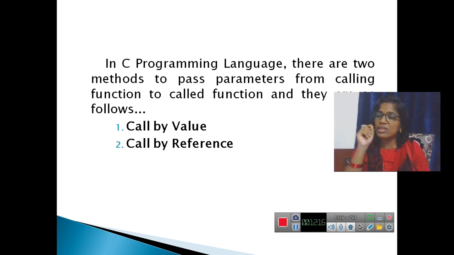Remember, in some books, in some places, these are also called pass by value and pass by reference. Don't get confused with these two words. These are also called parameter passing methods. The methods can be called pass by value as well as pass by reference.